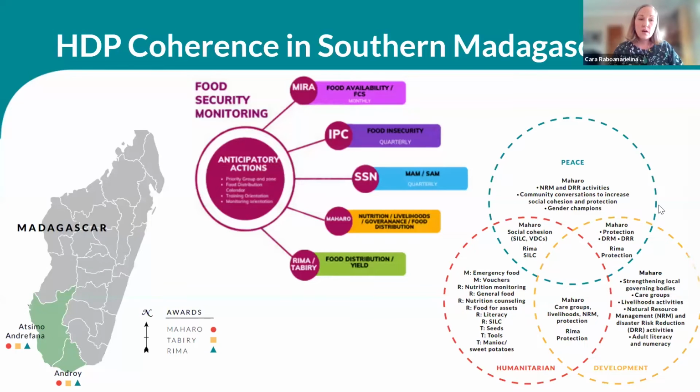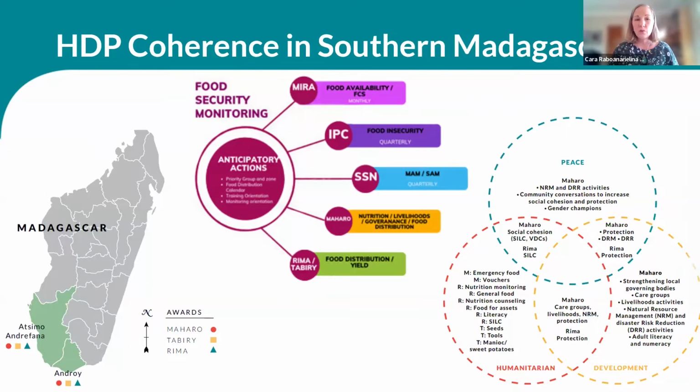The 3 awards that we're talking about, yes, the Mahara Rifsa is there to promote humanitarian response and improve resilience. At the same time, while our emergency programs, RIMA and Tabiri, are there to provide humanitarian response to save lives and reduce acute food insecurity, as well as Tabiri, which is there as our emergency seed program to create increased